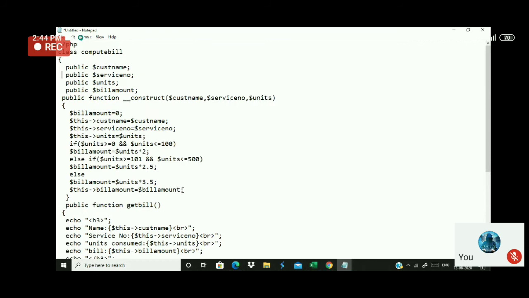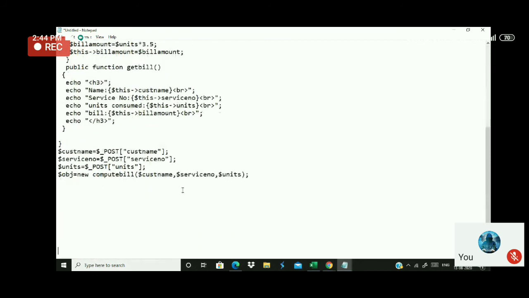Now I have to print the bill. So what should I do here? Can anyone tell me how to print the bill? Mayappan, apart from you, someone else can answer.